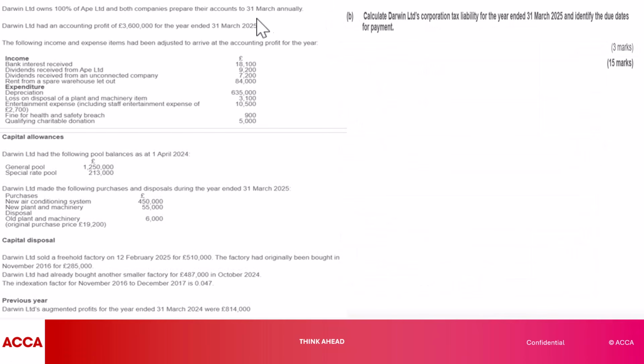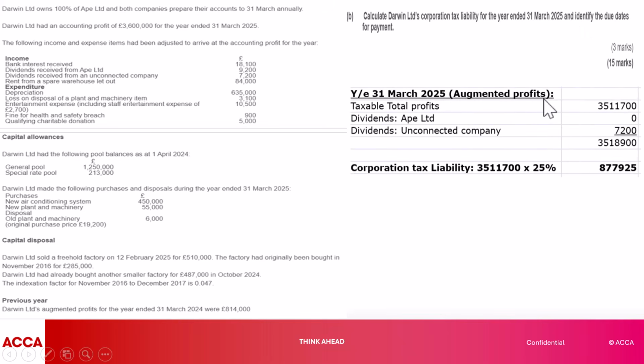Then we come to the last question, I believe, that asks you to calculate Darwin's corporation tax liability and then identify the due dates. It's important to know what you're being asked for. These are two parts of the question. One is the corporation tax liability, which we will get. So we have the taxable total profits of